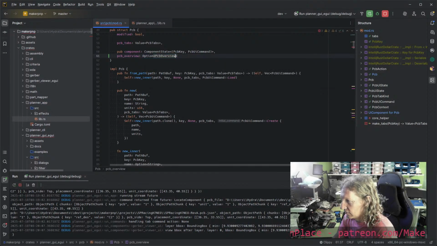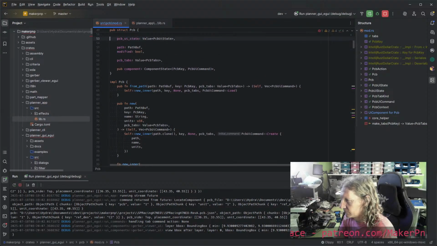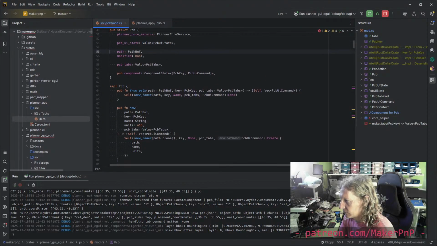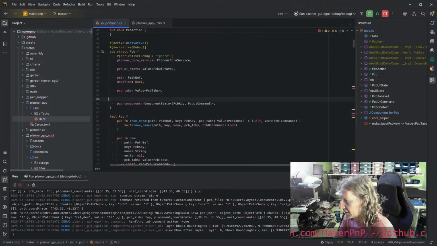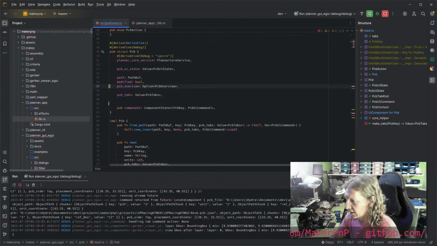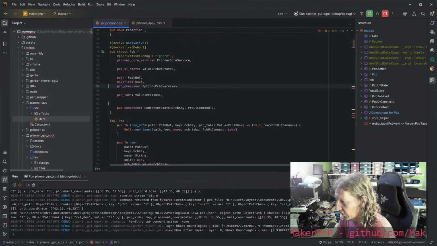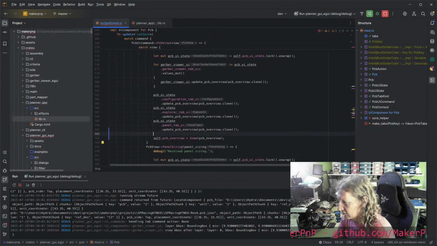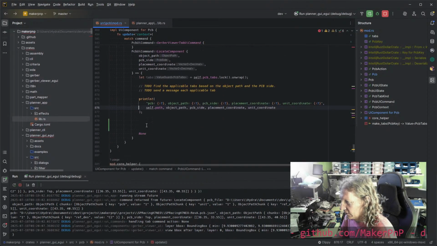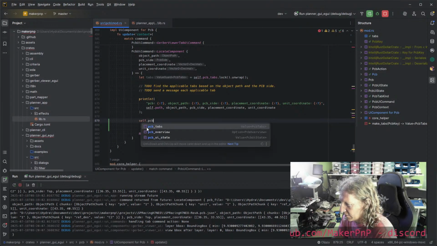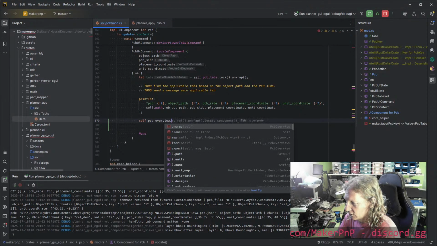Yeah, let's do that. I'm just wondering where to keep this. I'll put it here with those ones, I think. Okay, so we've got that now. Great. So that means back where we were, we can now go self.pcb overview dot,